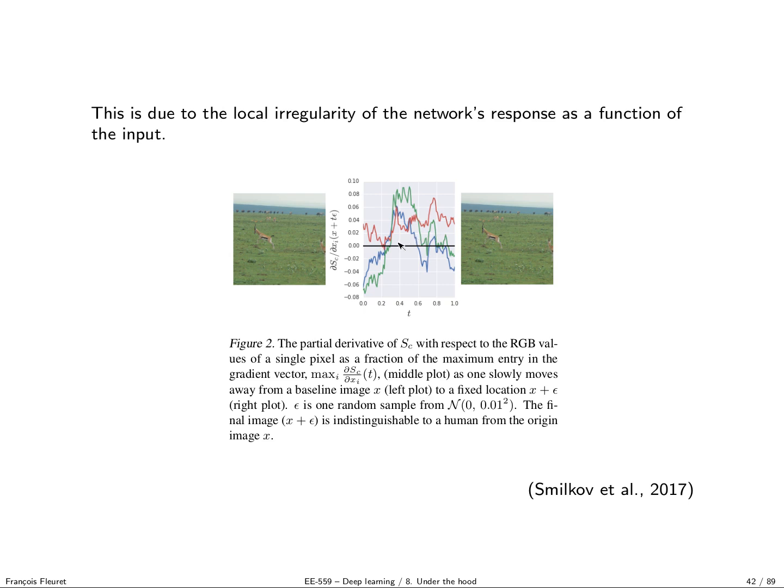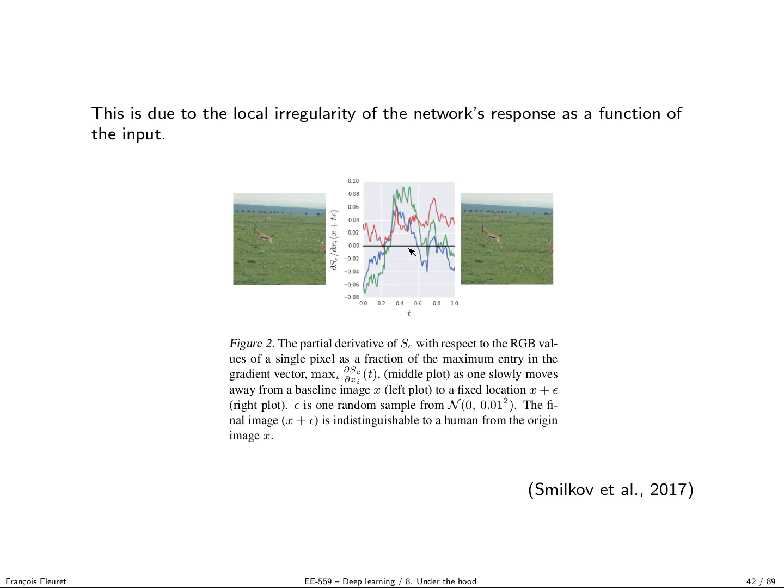What they do then is move along this line, going from X to X plus epsilon, and for every location on this line between X and X plus epsilon, they look at the derivative of the output with respect to each component of a certain pixel. And what you can see is that the derivative changes quite a lot when you move along this line. Just by moving a little bit around the image, the gradient constantly changes and even changes sign, which means that basically the noise we see is due to this instability.